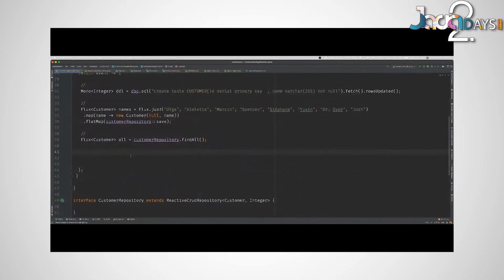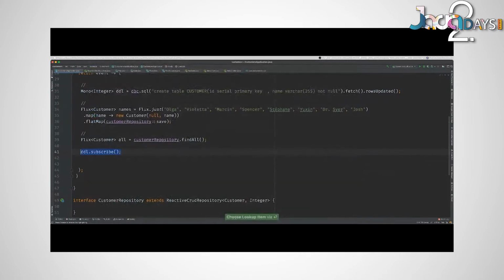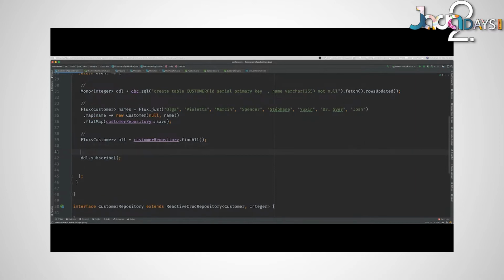You need to activate it, right? What we have done is we have described a pipeline. Water will flow through the pipeline, but we have not turned on the faucet. In order to do that, you must say ddl.subscribe, right? Like this. But of course, the problem is that when you subscribe, there's no guarantee that that will execute on the same thread as the caller, right?